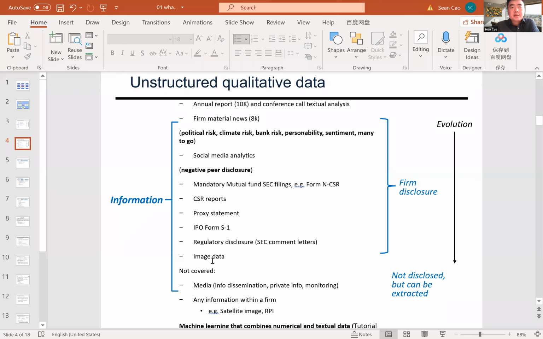This is the image data. I will give you some examples of image data today, and you will see all the data. So there is other data we are not going to cover, we are not talking about in the class. The reason is because